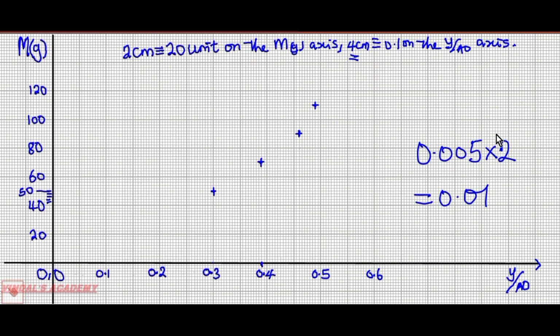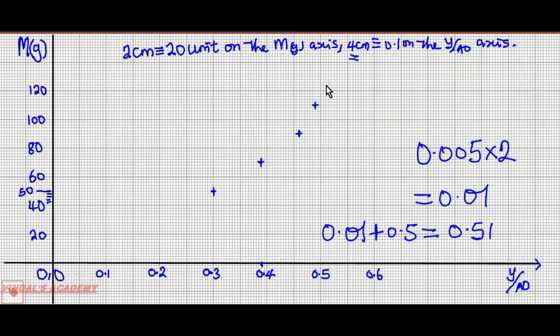Okay, 2 lines from 0.5 will give me 0.51. Add it to 0.5, I'm going to have 0.51, and that means 2 lines from 0.5 will give me 0.51. I'll go back to 0.5, and then 2 lines from 0.5, which is coordinated to